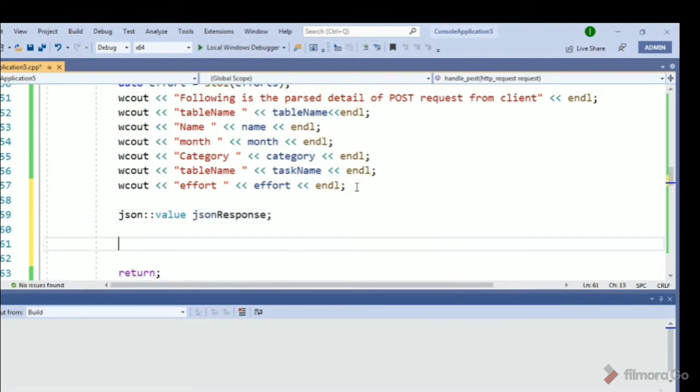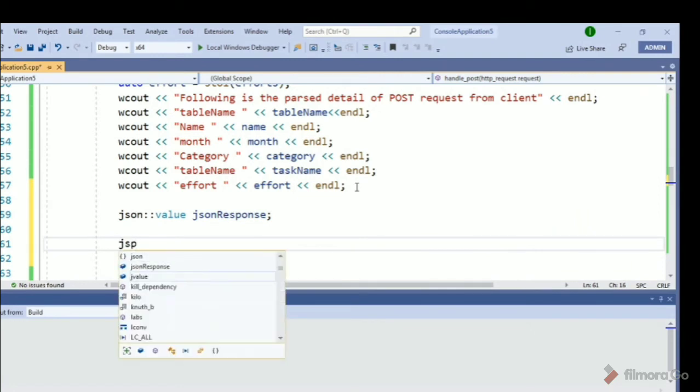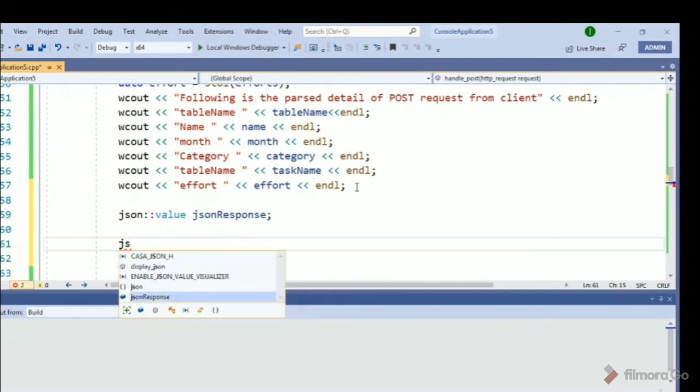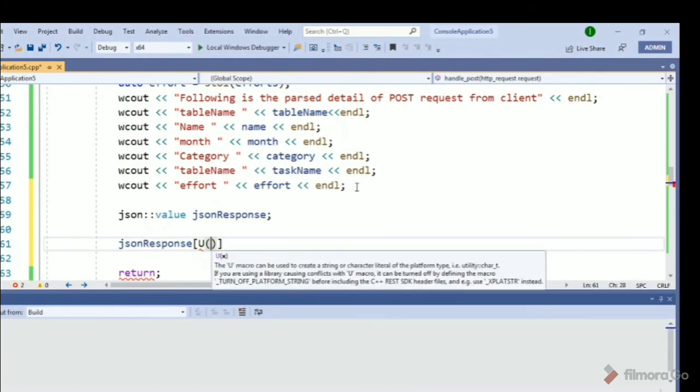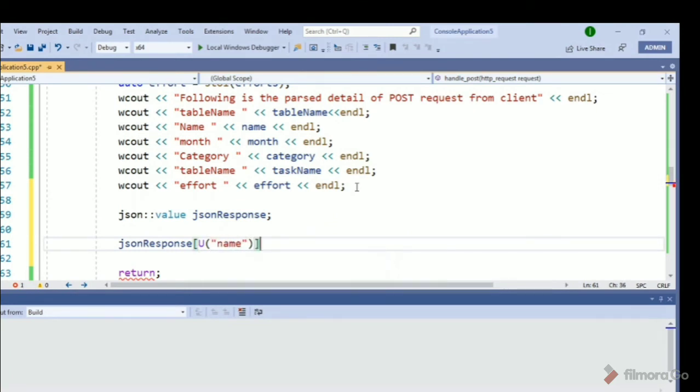So here I will use JSON response, so we can see that we are getting it here. This is the array we are creating, so I will mark it as a name. So the key will be the name, so we are inserting a key name inside the JSON response map, or we call it array, whatever you would like to.